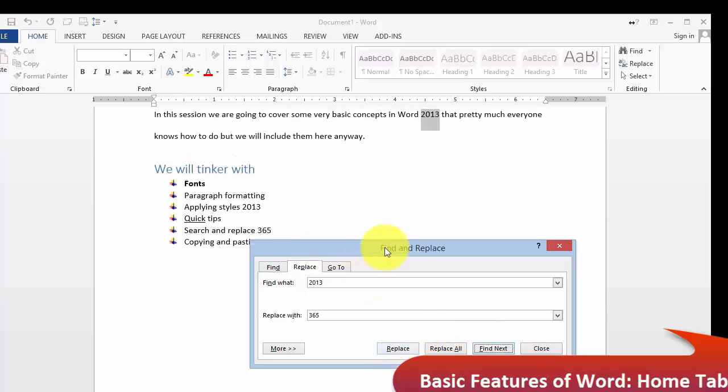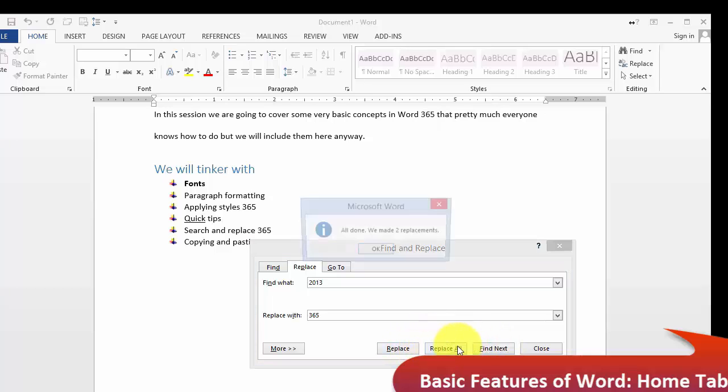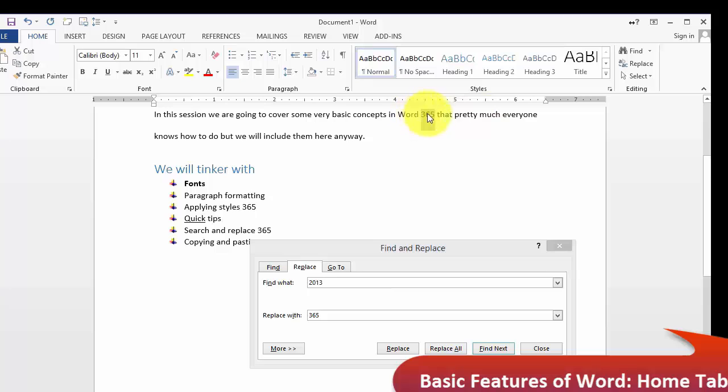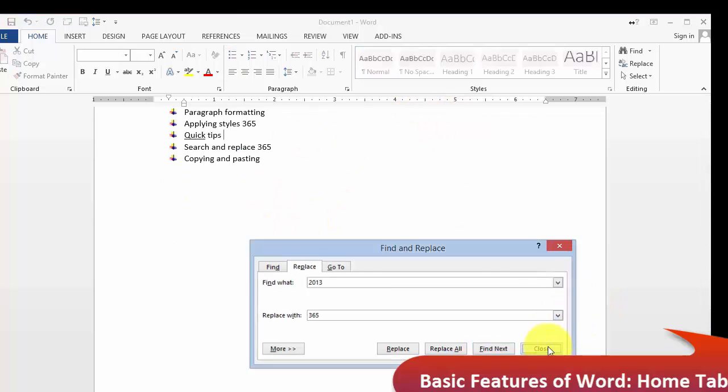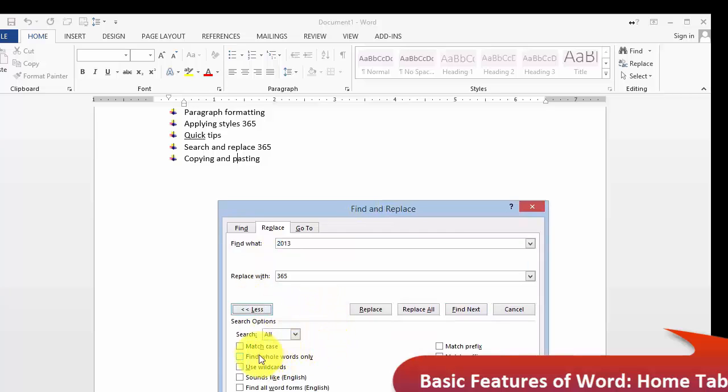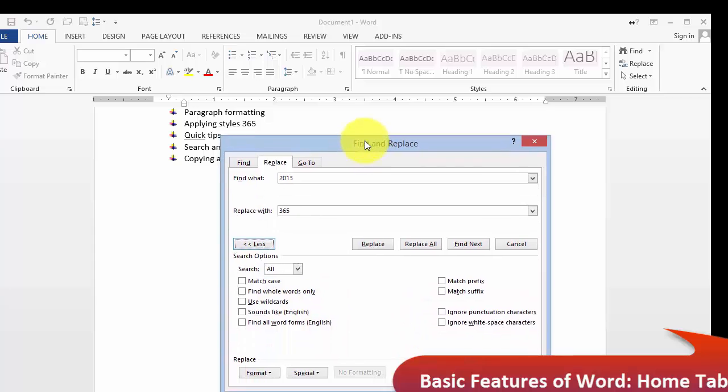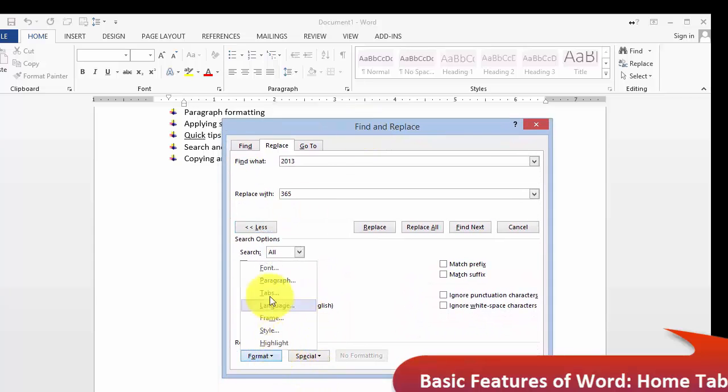It found one, and here's another one. And you can technically click here on replace all, and it's going to replace them all. So Word 365, Styles 365, and so on. By the way, here under search and replace, you can do more fancier stuff, such as matching the case, using wildcards, and using a lot of other functions, even formatting, like paragraph, if it is a certain way, reformatted another way, and